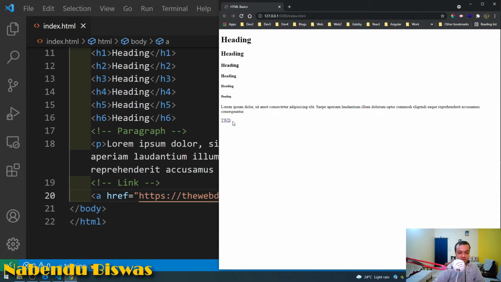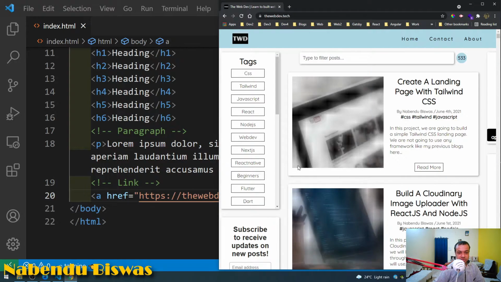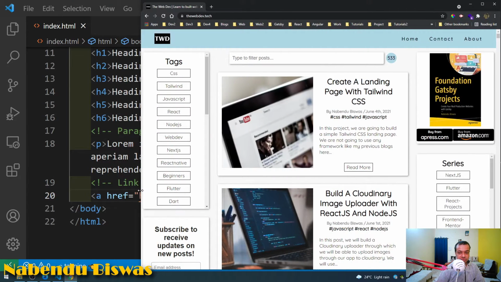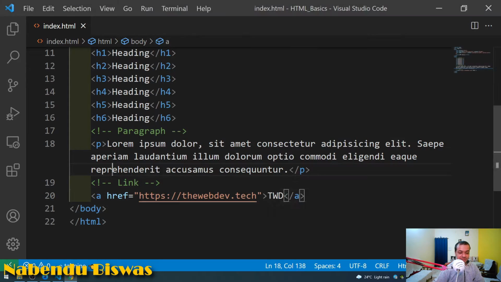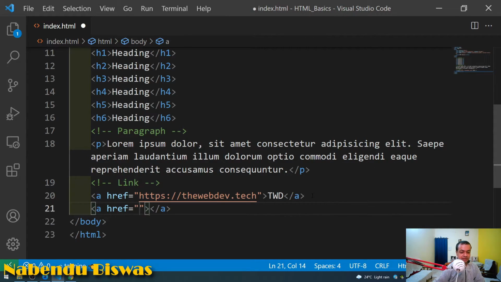So this underline is there, and if I click on it, it will take me to my site. Okay, so there is another thing in the link tag. It opened the site in the same window, which is generally not desirable a lot of the time. So what we have to do is again use an anchor tag, and